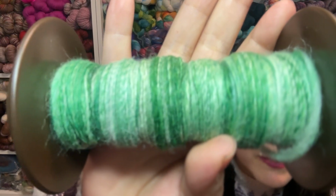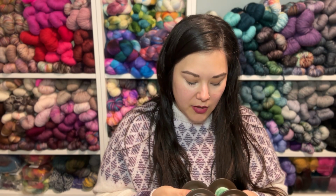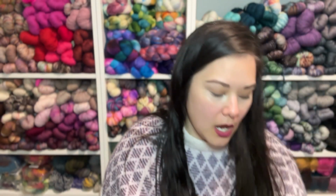I can't give you a comparison because I don't have one next to me, but each of these strands is definitely thicker than what my typical spin is. Not a ton, but it is thicker. We're going to work our way there, because I also want to see what this turns out to be. I don't want to just go from my thin to super thick. I'd rather bring this up in steps, also because I'm trying to make my hands a little more comfortable doing that. So this is, oh, and also this is my first,